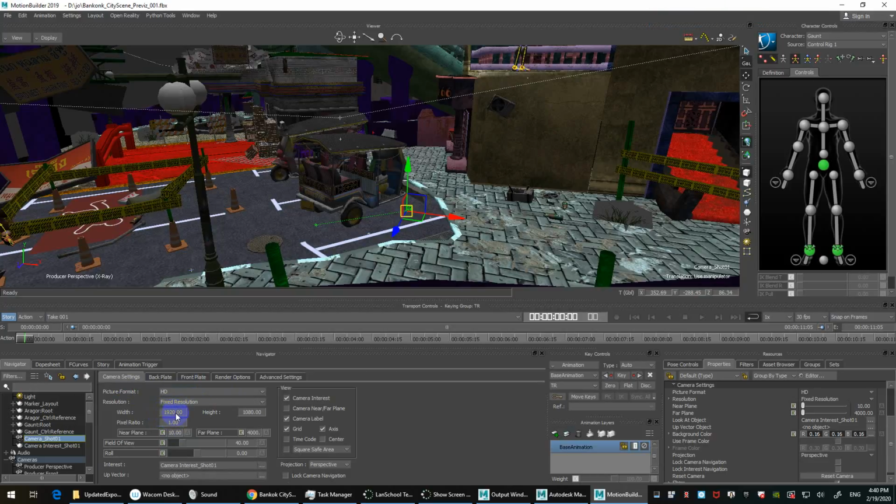It gives you a preset 1920 by 1080. You don't need to use that because it takes a bit longer. So just go 1280 by 720. That's the standard HD. Okay? And if you click on square safe area,